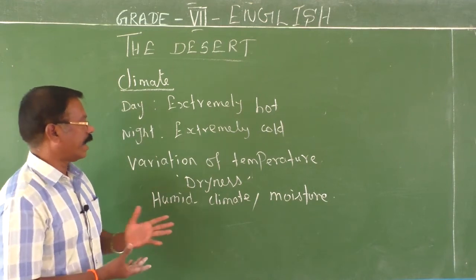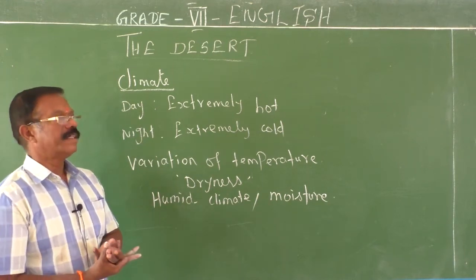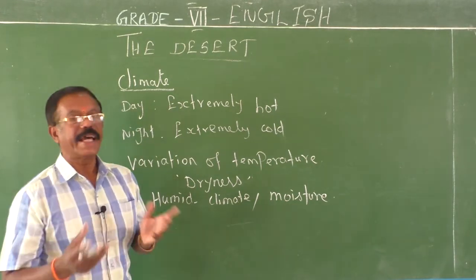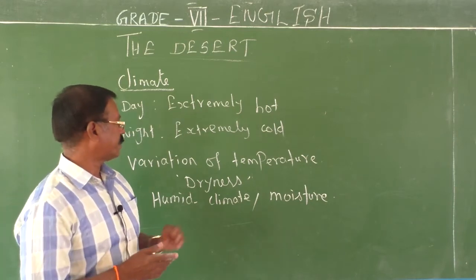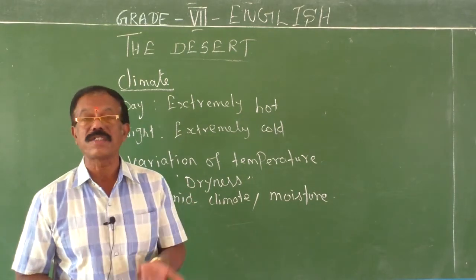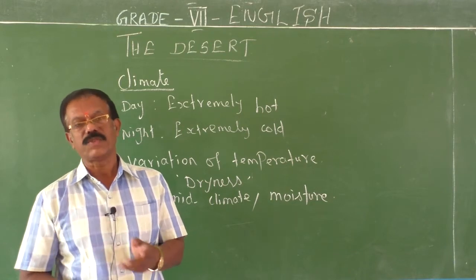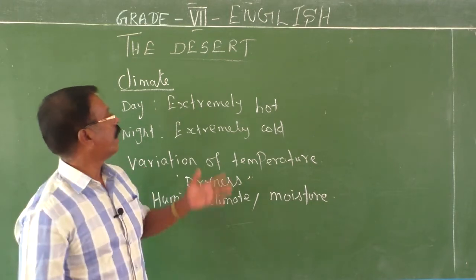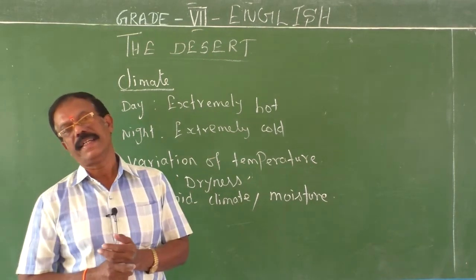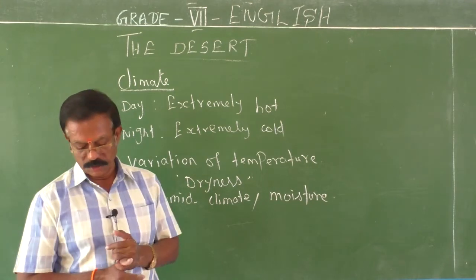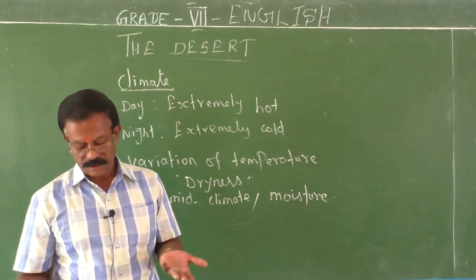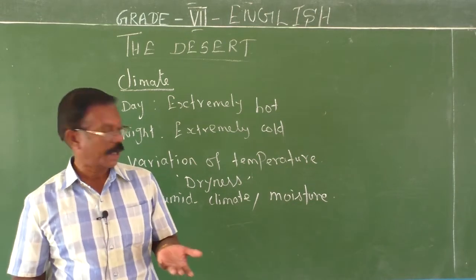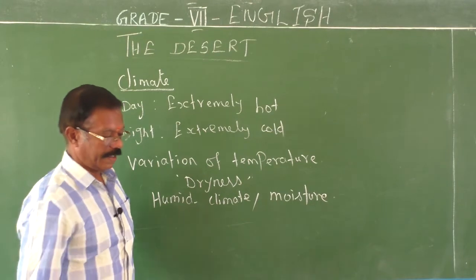And the humid climate and moisture in the air is not at all plentiful, or not at all there in the desert. So that is the cause for dryness. That is why the daytime is extremely hot, and the night time is extremely cold. So the land heats up rapidly as well as cools off rapidly at night. Okay, then next,